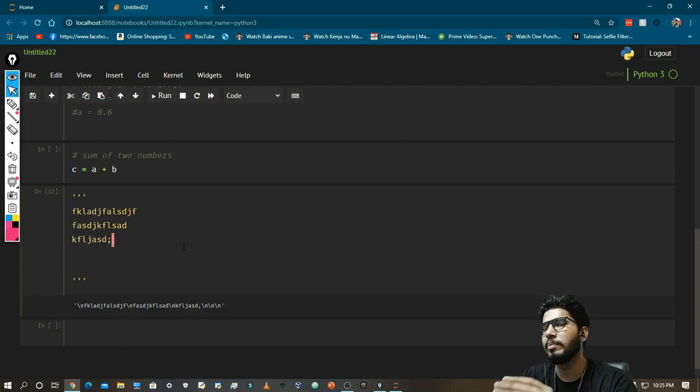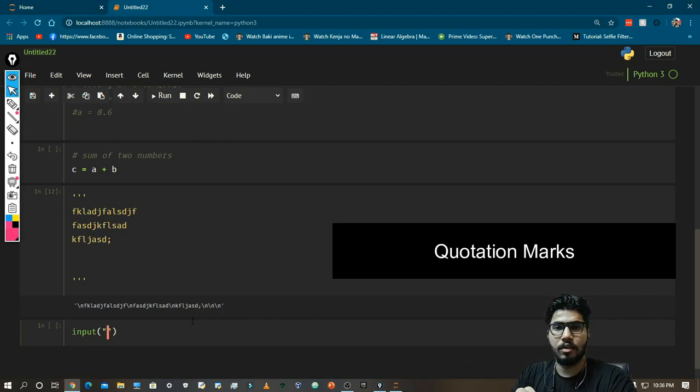Now we are going to make a little program to convert Fahrenheit into Celsius, or Celsius into Fahrenheit. But one more thing before we do that, I want to show you how to take input from the user. Like if a computer asks me what is your name, I must be able to provide it. So we can do it by using input brackets, and then we enter the string. Always remember that a string always comes under quotes.